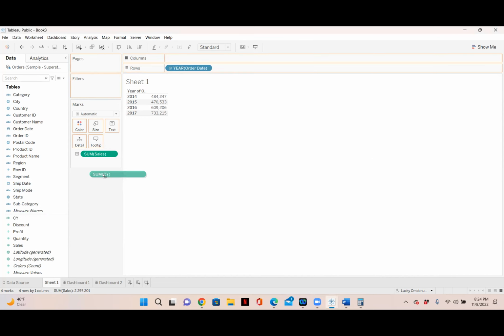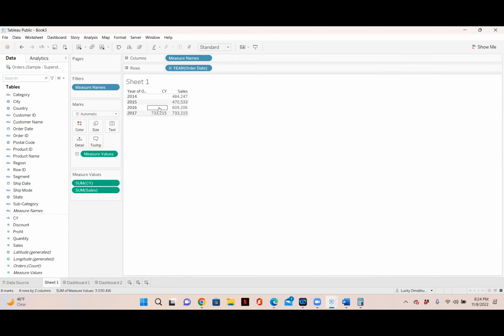I'm just going to drag this and put it up here. So you can see now my current year is only giving me this. It doesn't return anything for the following year. So this is good. Now I want to write a calculation that only returns my